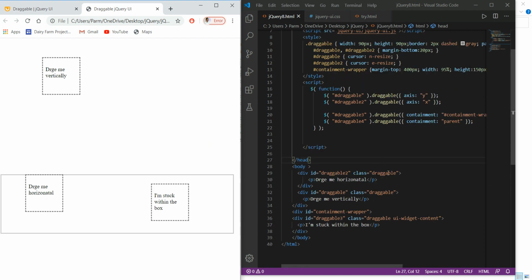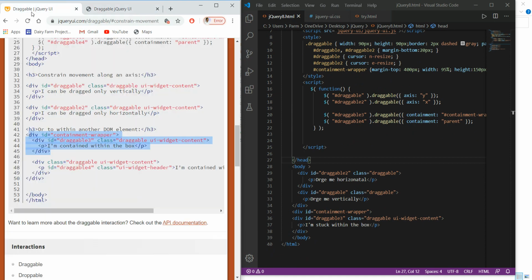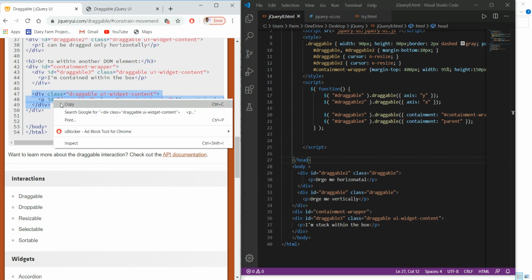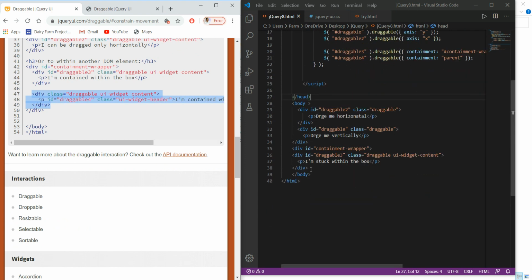Now we just have to use the one that is stuck in its parent. We copy this from here to here, and paste it.